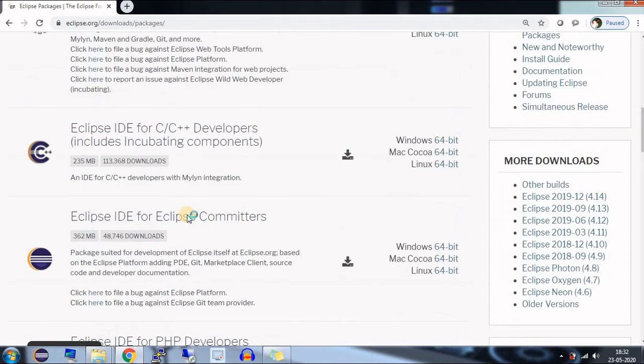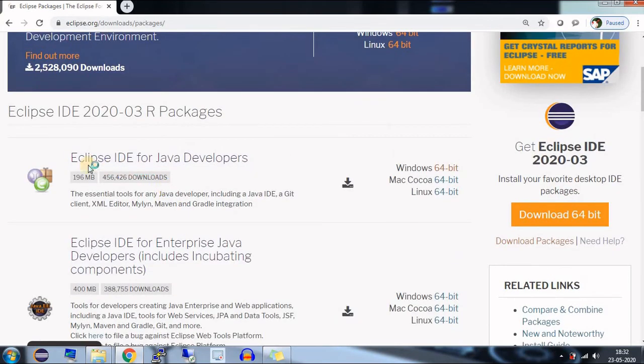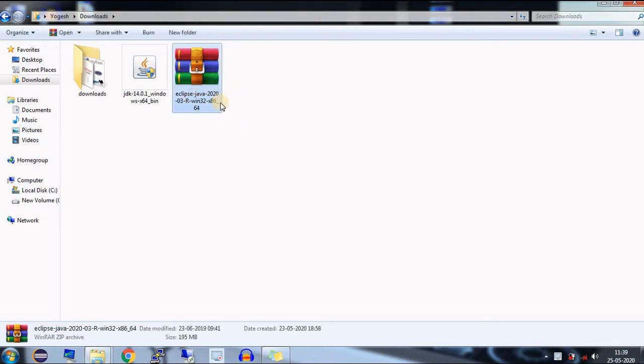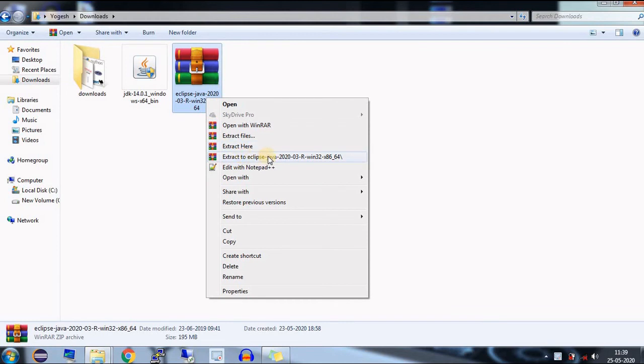We have Windows 64-bit laptops, so I'm going for this version, Windows 64-bit. Once the download is complete, the file is available in my downloads folder. So we have to extract that IDE zip file. The extraction has started.